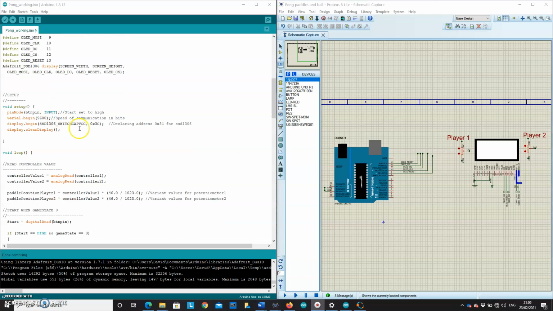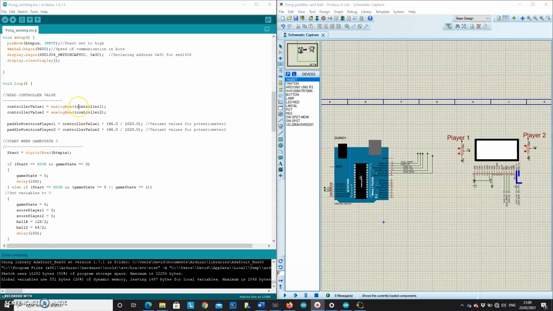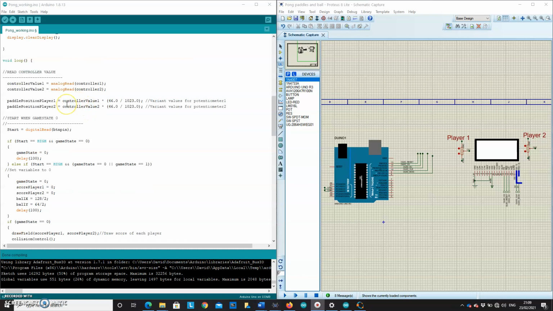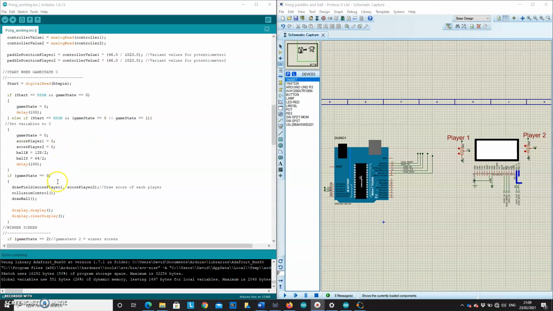Next we move on to our setup, where we declare our address used for the SSD 1306. Next we move on to our loop with the analog read pins for controller 1, controller 2, paddle position 1, paddle position 2. Next we move on to game state 0, where if it's game state 0, we'll start